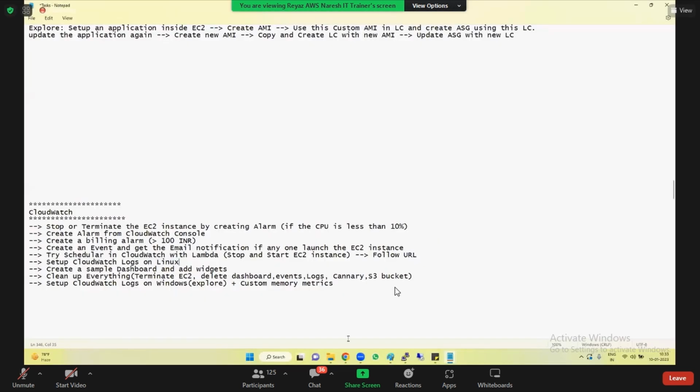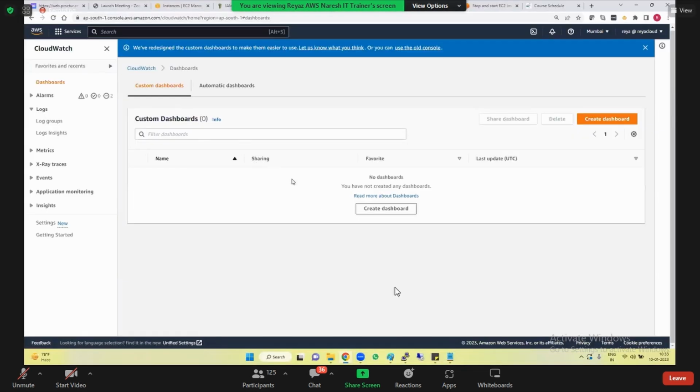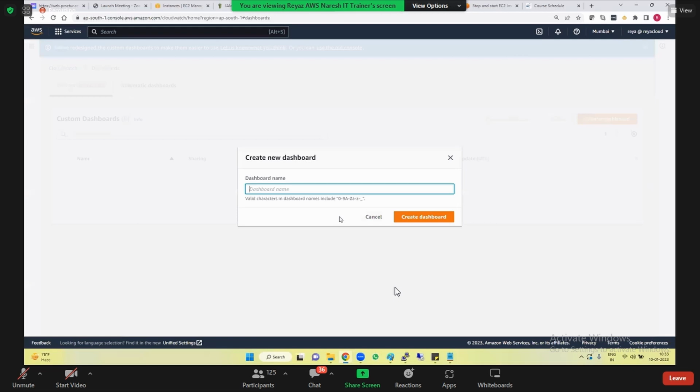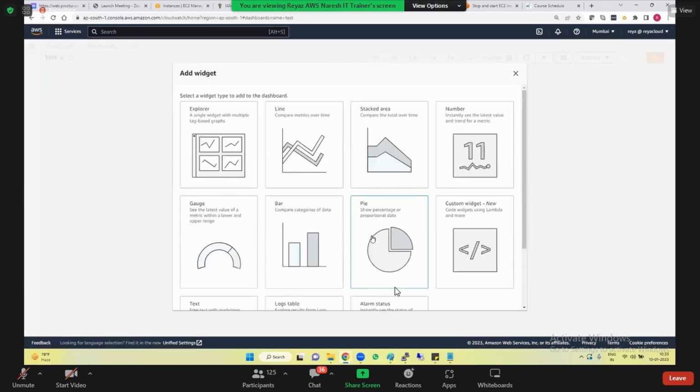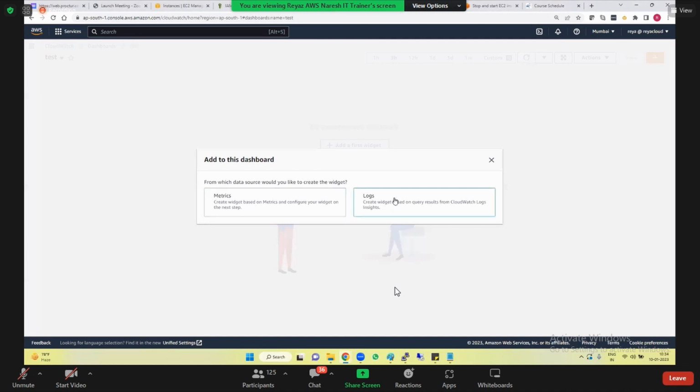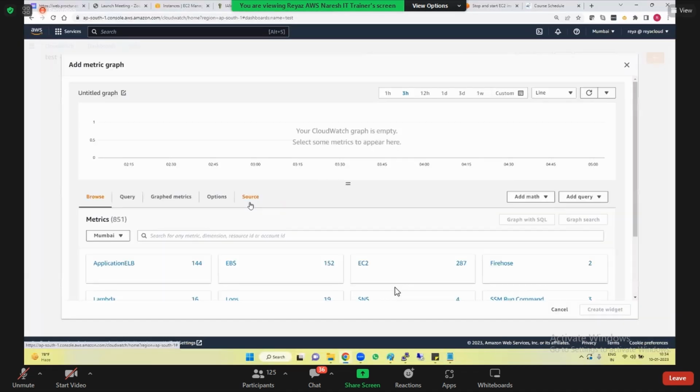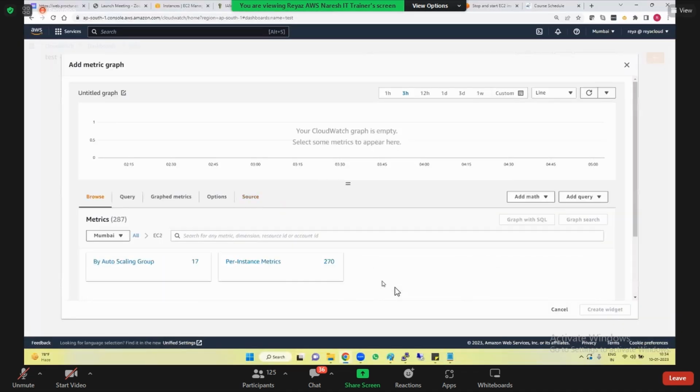And there are dashboards here, guys. This is for your ease. You can create a dashboard. Guys, if you want to see all the CPU utilization in one place, multiple servers' CPU utilization in one place, you can select any of the widgets here, whichever you like. So you want to see the logs, you want to see the metrics. See it in EC2, let's say,